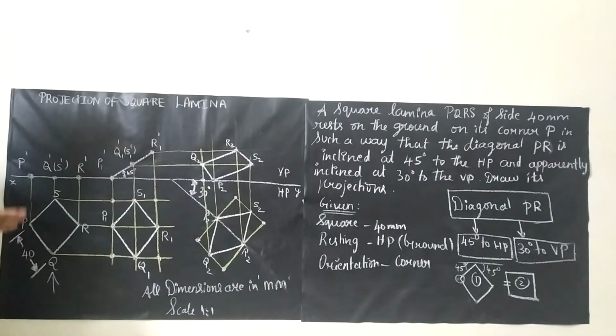And dimensioning: after completing the entire diagram, we have to go for dimensioning. So there are only 3 things for dimensioning. One will be the side of the square. So the side of the square is 40 mm. You have to draw a slanting line like this, and you have to draw the extension line. The extension line should be drawn 1 mm away from it, and the extension line can be drawn with your 2H pencil. The dimension line is H pencil, and the number should be written vertically. That should be written with your HB pencil.